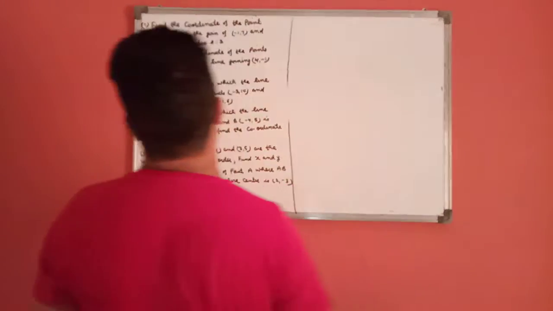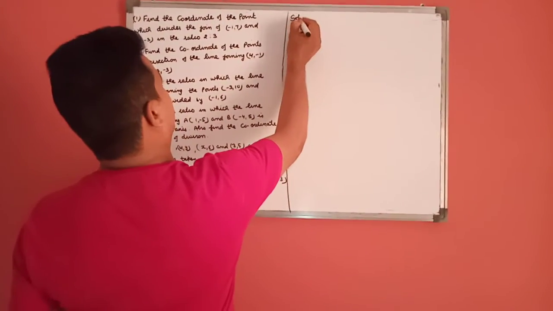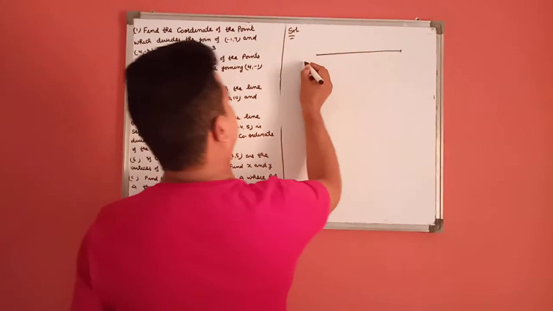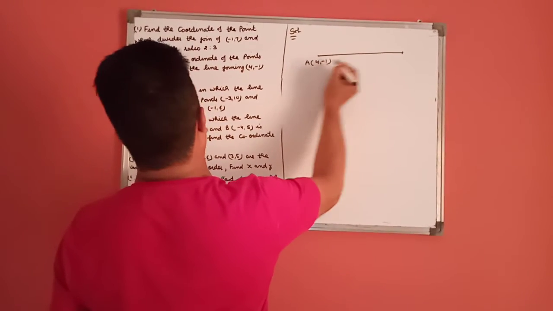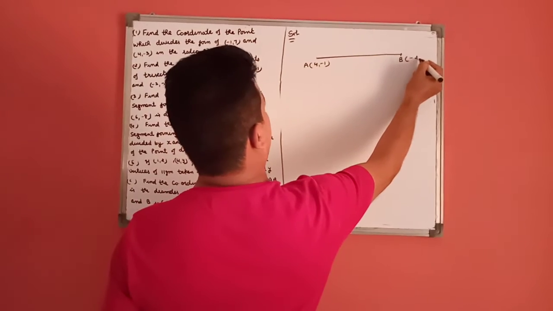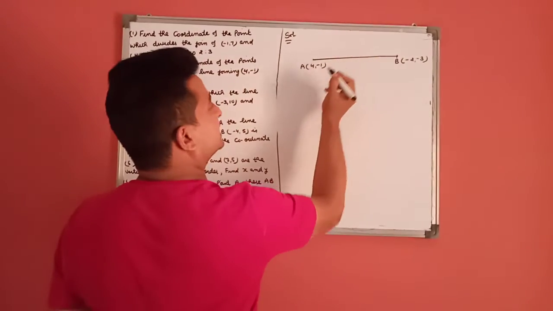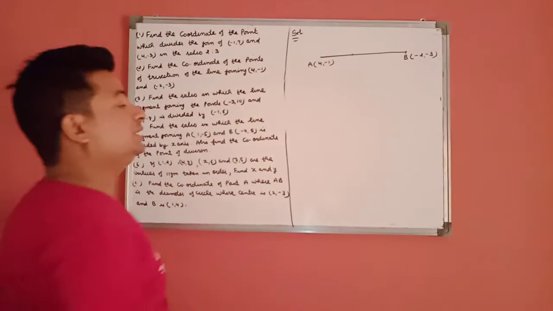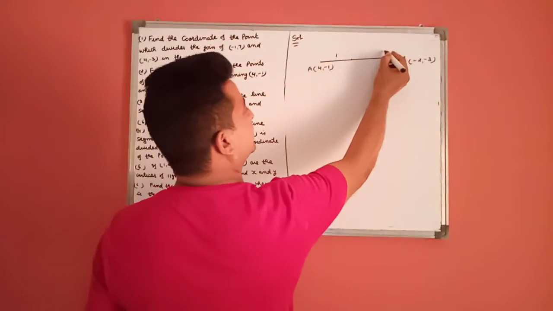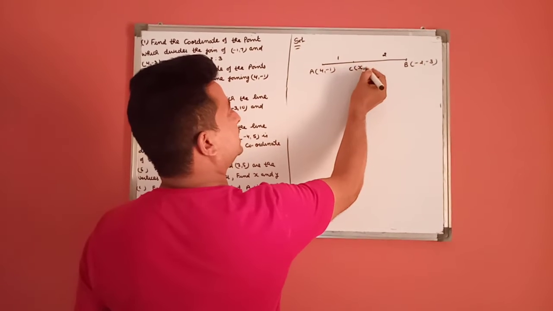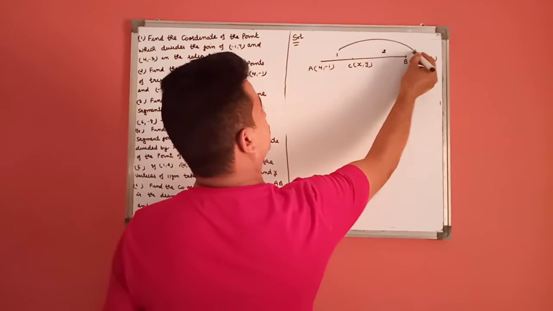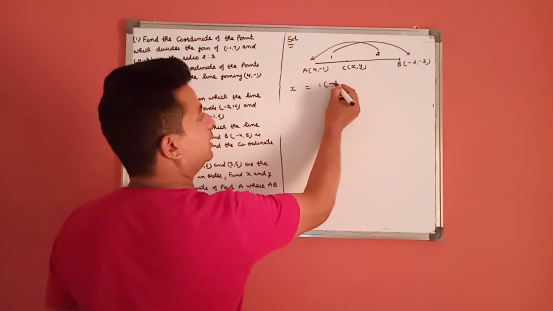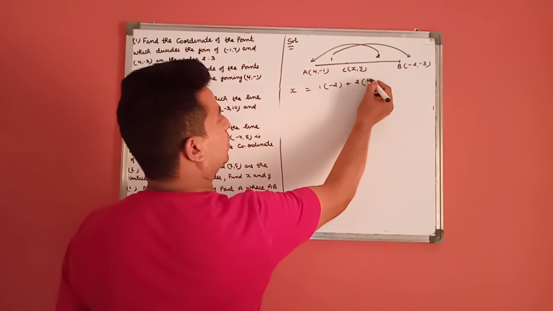In question number 2, the statement is: find the coordinates of the points of trisection. These are the 2 points, (4, -1) and (-2, -3). We have trisection. Trisection means we divide into 3 parts. So first we divide in 1:2. This is point C (x, y). 1:2 means trisection. This is x is equal to m1 x2 plus m2 x1